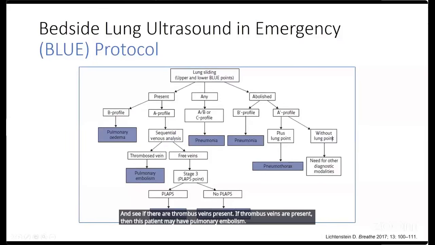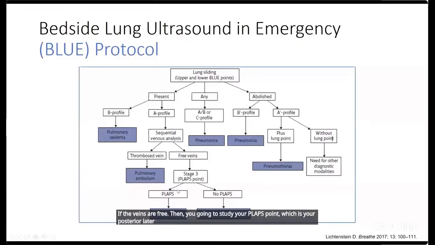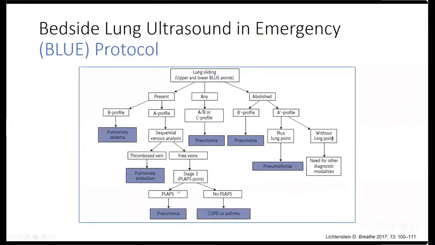If the veins are free, then you go and study your PLAPS point, which is your posterolateral point. And when we see on the PLAPS point, if you can't see anything, then this patient may have exacerbation of COPD or